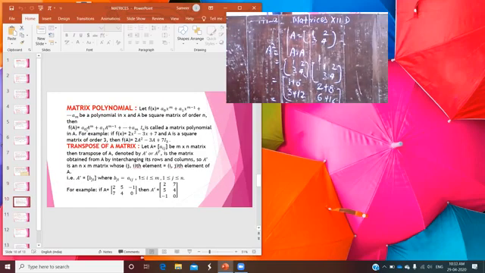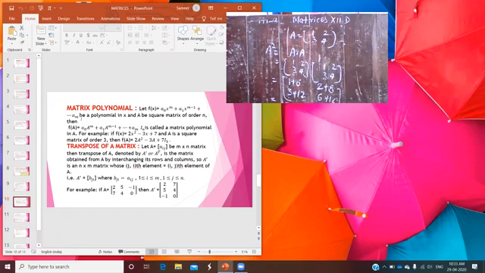Matrix polynomial. Here we study only up to matrix polynomial, and then solve questions based on it. After that we will discuss the remaining portion, because once all the contents of the matrices are delivered, then we solve the questions. In this way maybe you forget the concepts also. So we have to practice and then proceed to the other topic. Okay.